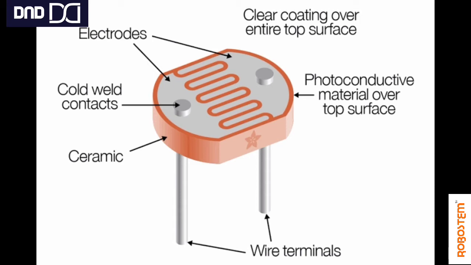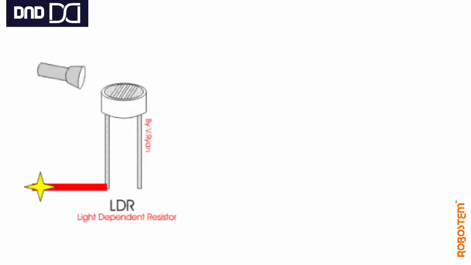You can see the construction of this sensor. There are two cold weld contact plates, which have been separated by the photoconductive material. That means when light falls on this surface, it automatically conducts. The circuit closes and it gives you the signal output. This is how the sensor actually works, and this is the sensing part. Everything else that you see in the module is the modulation of this signal. In the next picture we'll see how it works.